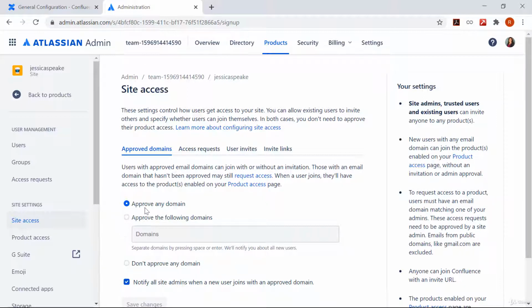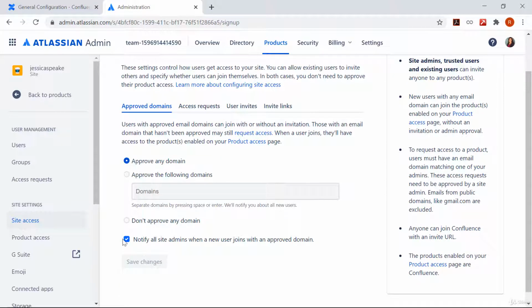So here you have three options: approve any domain, approve the following domain and don't approve any domain. Users with approved email domains can join with or without an invitation. Those with an email domain that hasn't been approved may still request access. And when a user joins, they will have access to the product enabled on your product access page.